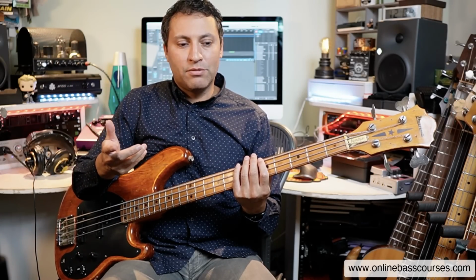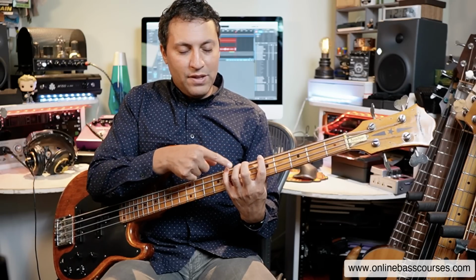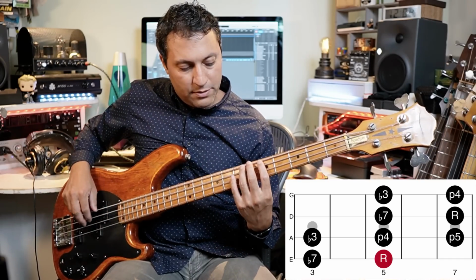now really these shapes are sort of fragments of larger shapes. And as I mentioned before, you could take away even more notes to come up with your own little patterns that you use all the time. Many of these are chord tones that are just notes within an arpeggio or a chord. So that's why they sound really good, okay? And as bass players, we play those notes a lot. This next one,